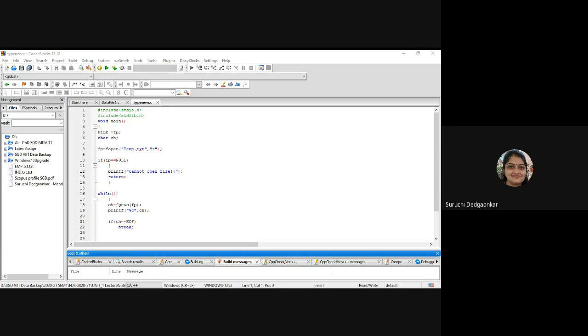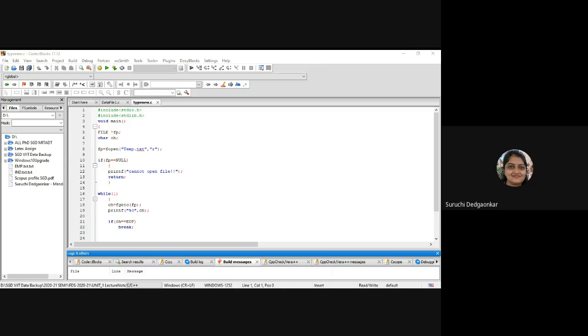So what is this concept? In this, we have to pass the arguments to the main function. C provides a mechanism to pass command line arguments into the program when it begins to execute. So at the execution time, we can pass the arguments to the main function. This is called command line arguments. That means we can pass two parameters. Exactly how many parameters can we pass? Two parameters, named argc and argv.